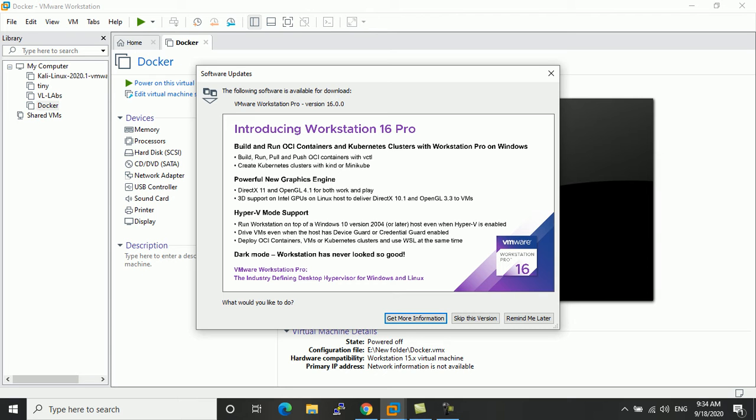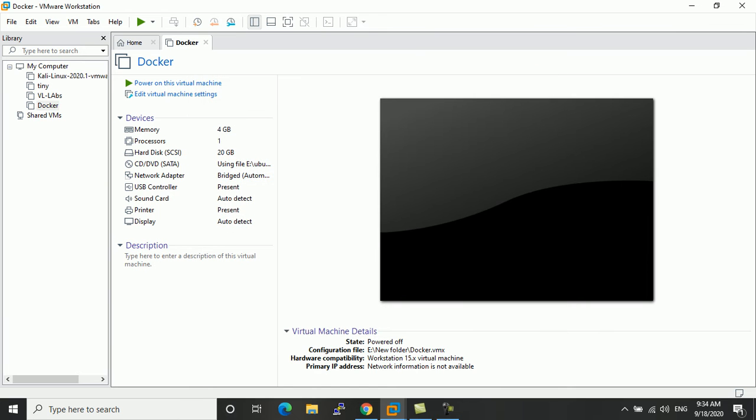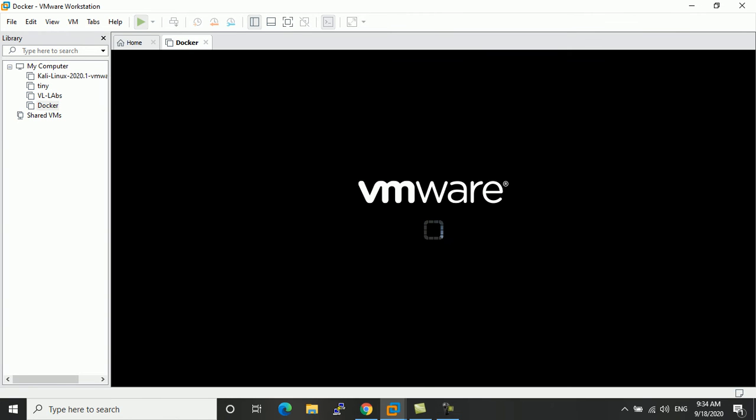So everybody is going towards Docker and containers. You use fewer resources, but you can get your things done. That is all about Docker. So let's start with this.